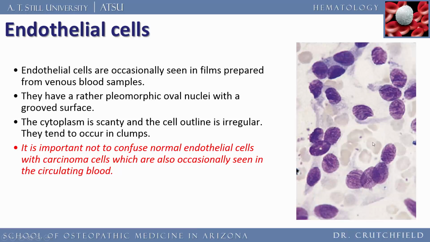Again, I'm not good enough to do this with a microscope. Dr. Fish could do this easily, but I can't. So the epithelial cells are occasionally seen from venous blood samples, which I just mentioned. They have oval nuclei, a grooved surface. I think this is interesting. The nuclei have grooves in them. These little, I don't know what they are. They're probably some sort of ribosomal derivative, but they have grooves in them. Just don't confuse them with